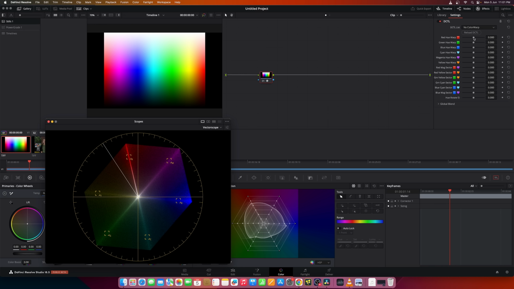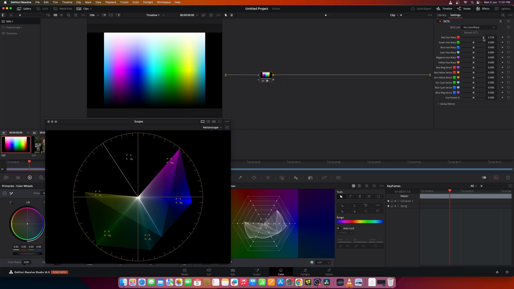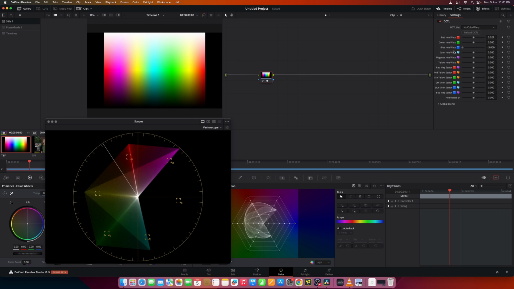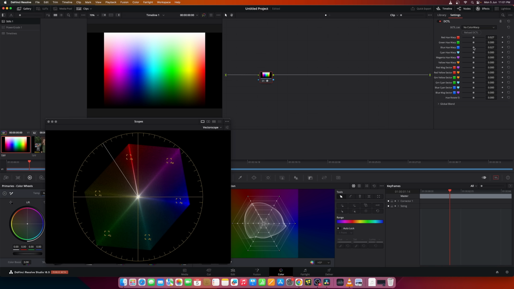So you can modify the red hue by controlling these sliders, and you can modify it to about 180 degrees, and when you move the other side you can move the color another 180 degrees. So basically you can set a particular hue to any other color. Similarly, you can modify other hues. Let's say, for example, if you need to modify the blue and cyan, you can use the blue and cyan